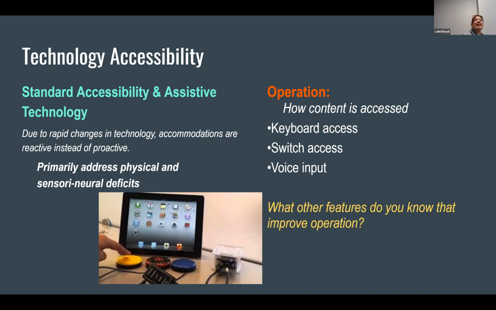And so now we're going to go to the next one. We're going to talk about operation: how the content is accessed. So we have keyboard access. I can type, I can use my mouse, I can use a touch screen. And for some people, touch screen is really hard